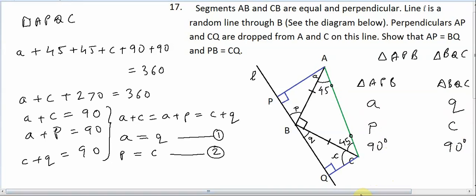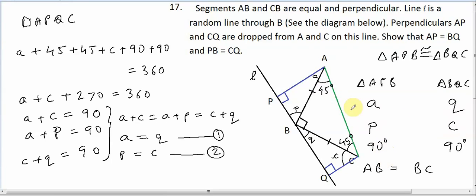So how are they congruent? I mean they could be similar as well. Yes, we are given the fact that AB is equal to BC. It is a given fact. So the hypotenuse, one side is equal to the corresponding side on the other triangle. So they are not just similar, they are congruent. So I can write this sign between these two triangles.